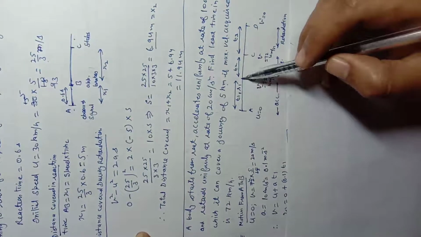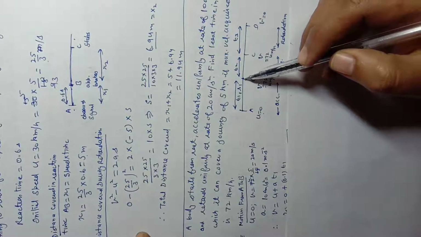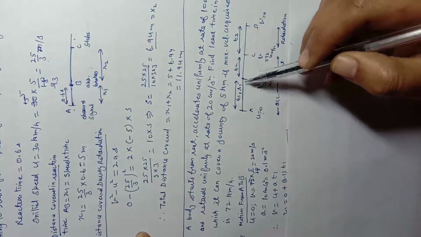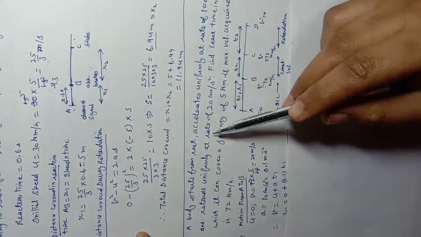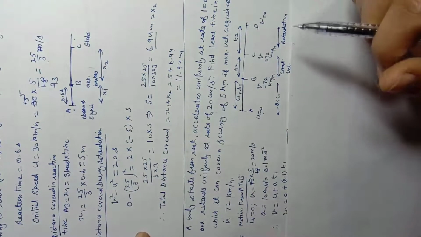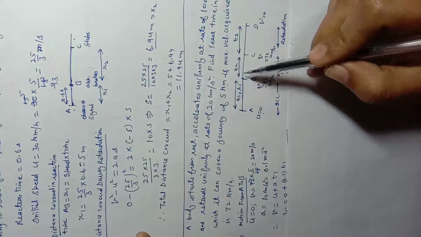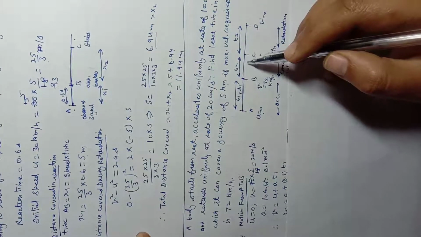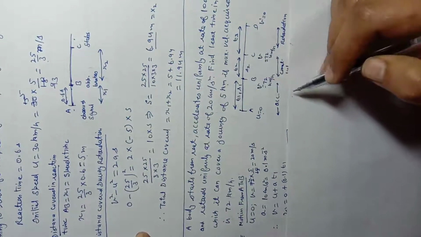First part A to B, where the body is accelerating from rest and it reaches up to a maximum speed of 72 km per hour. Suppose the time taken for this part is t1 and distance covered is s1. Now, before the body suffers retardation, the body needs to apply the brake. For that, a certain time interval is required. Let that time required be t2, in which the body is able to reach from point B to point C. So the body is moving from B to C with a constant speed of 72 km per hour in time t2, and it covers a distance s2.